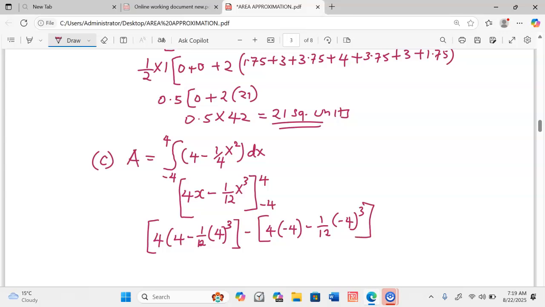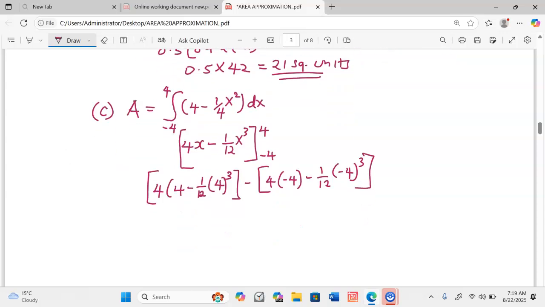If you simplify these values, we are going to have 16 minus 64 over 12, minus, this is negative 64, that is negative 16, sorry, minus,